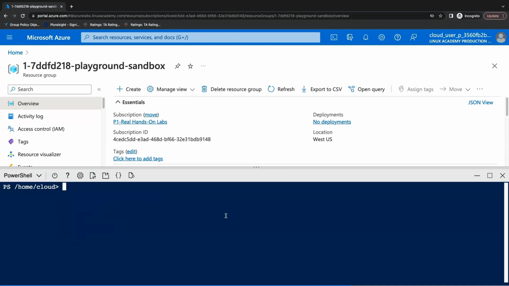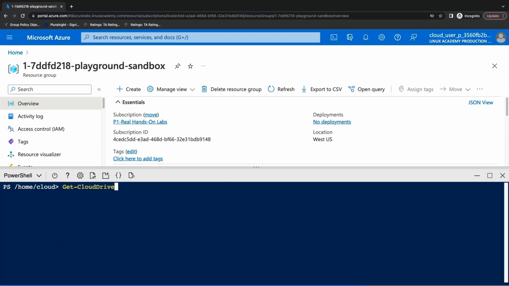And the next thing that we're going to do here is run another commandlet to get some information about what storage account is mapped with our Cloud Shell. Maybe we want to know what storage account we're using for this Cloud Shell instance. And we're going to do this and kind of wait for some of those other resources that we just deployed with the virtual machine to finish deploying. And this will allow us to buy some time. So we'll go ahead and type in our command here,